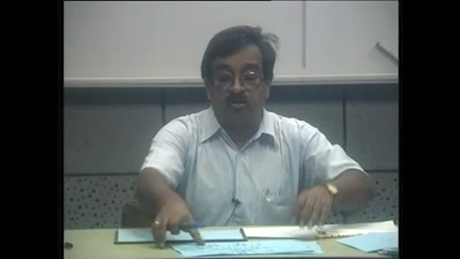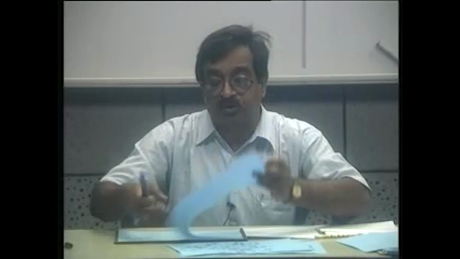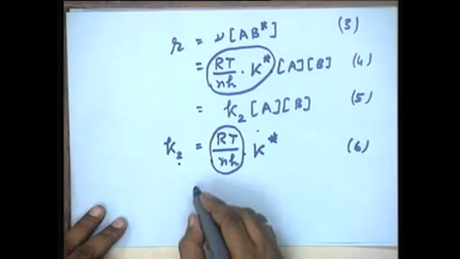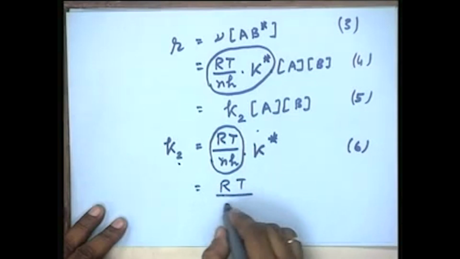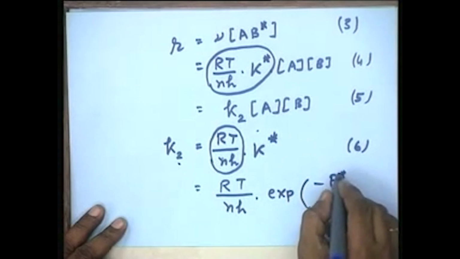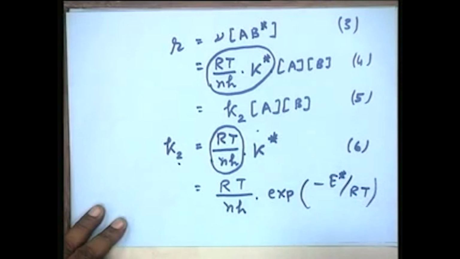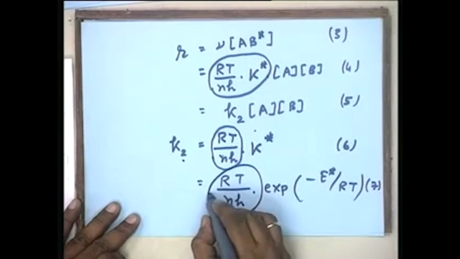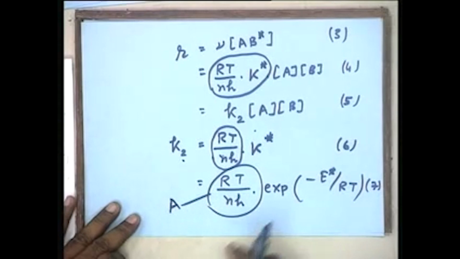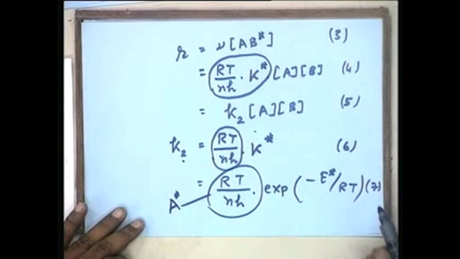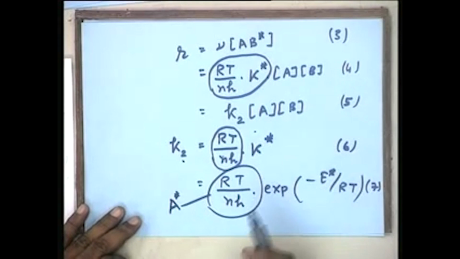Now, going further from that point, if you look at what we talked about, k_t equals RT over Nh K star. You can also write k2 as equal to, further by substituting the value, 2RT over Nh into exponential minus E star over RT. Now, this, as you all know, we call a frequency factor, which is often written as A. The frequency factor A star, you can say A, because A is the reactant we are considering. So, A star exponential minus delta E over RT, which is a very common expression we all know as the Arrhenius expression,